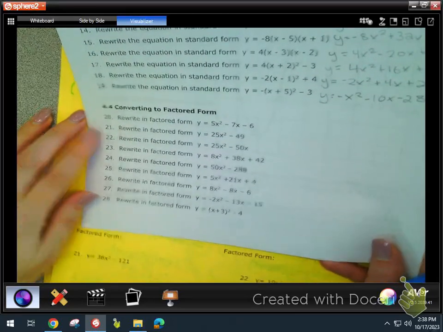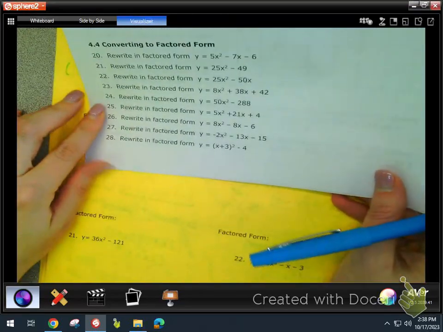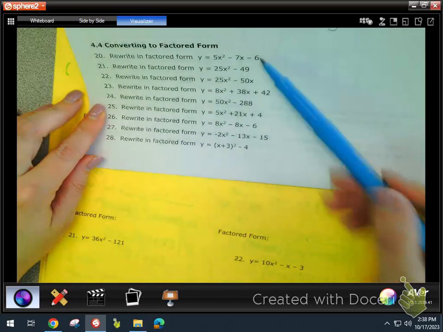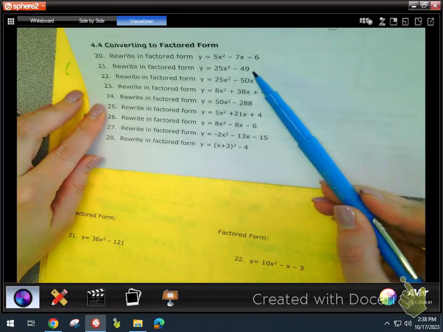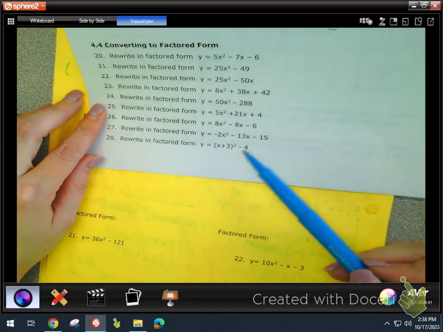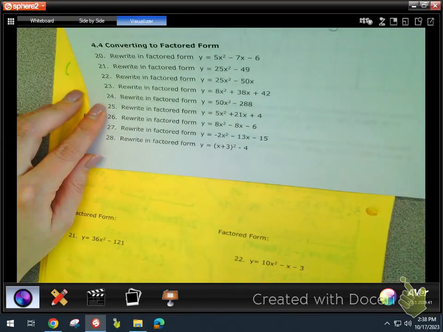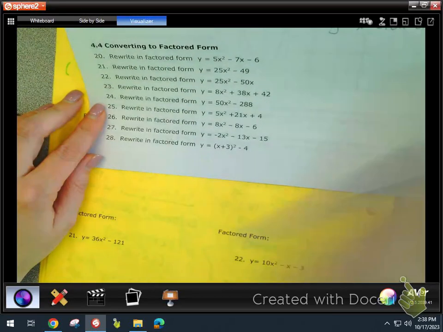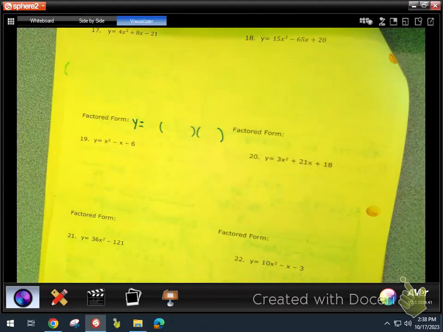You're going to do 4.4, converting to factored form. I'm trying not to show all your work. It's a lot. There's a mixture of difference of squares, a mixture of GCF, a mixture of easy factoring, hard factoring. Number 28 is kind of a thinker. You might want to think about how to do 28. Okay? So I'll get an answer key to the rest of this, but I want you to get